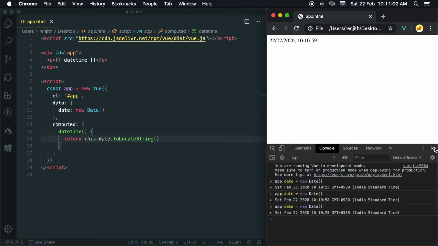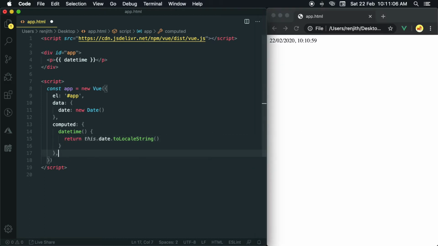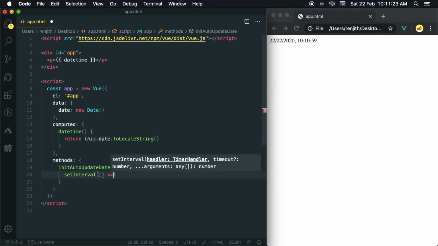Let's update the date each second and make it live by adding a few more lines of code. Create a method called initAutoUpdateDate and update the date each second using setInterval.